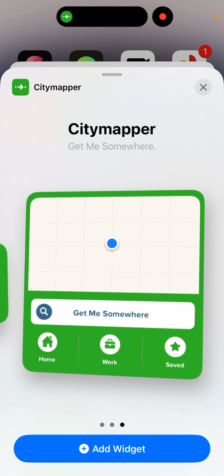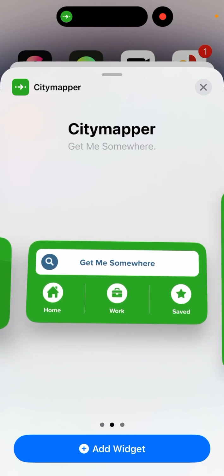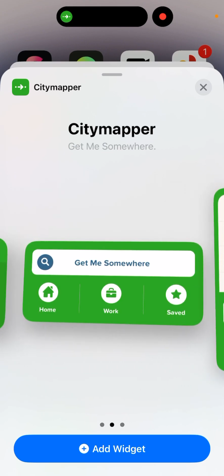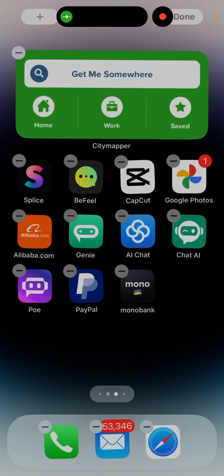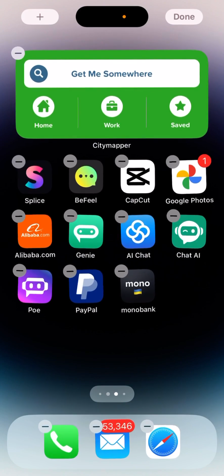So you have different types of widgets. There is a small widget, there is a search widget, and then there is a big widget. So this is, for example, the widget you can install, and then for example you can just search